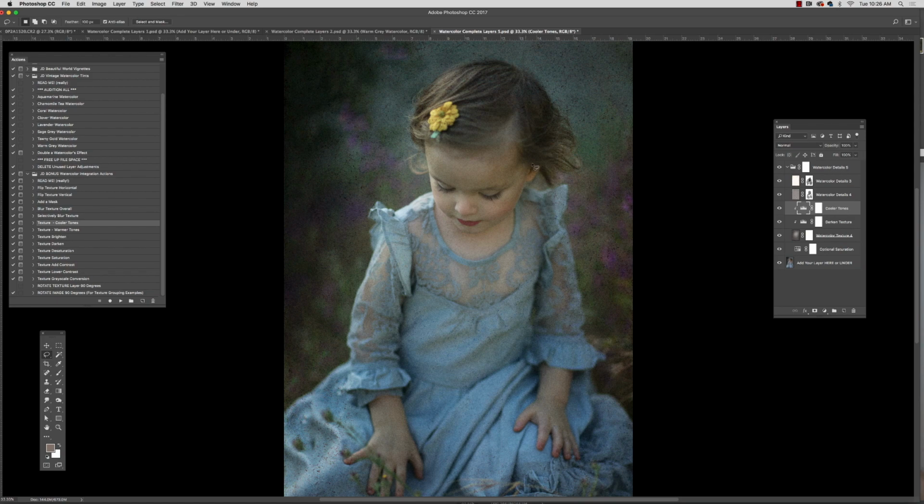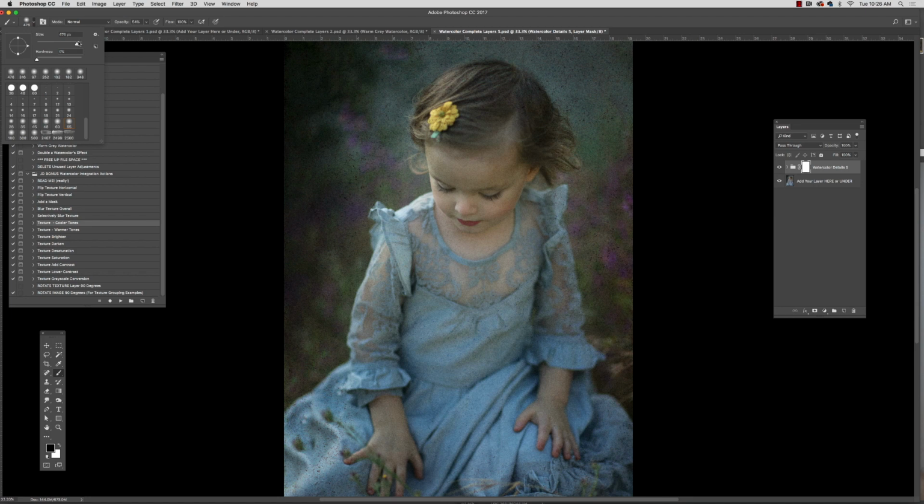Alright, so I'm going to shut this folder. There's all the watercolor details number 5 plus our adjustments that we've made. Now let's say you want to make an overall adjustment to all of these textures at once. You would just go in with a soft black brush and you would paint right into the mask itself. So using black, I'm painting into that white mask for the entire watercolor detail area,